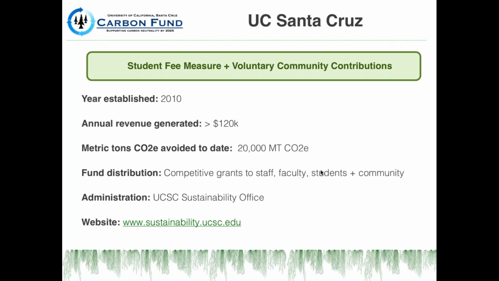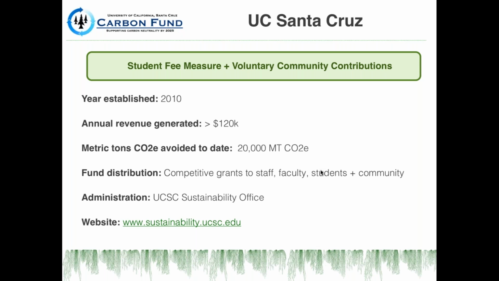So continuing on, UC Santa Cruz, they established their carbon fund in 2010. So it is the oldest of all of those that I'm going to present today. And they have a little bit different of a model. Their students voted to assess themselves a $3 per quarter fee that went into this carbon fund. But the carbon fund has also been expanded to allow for voluntary community contributions. And one interesting